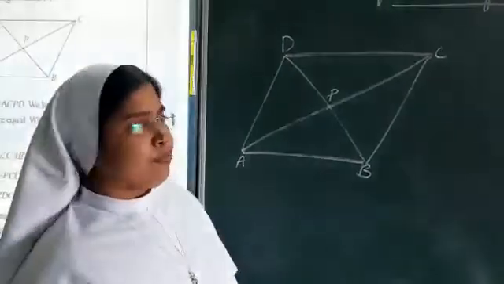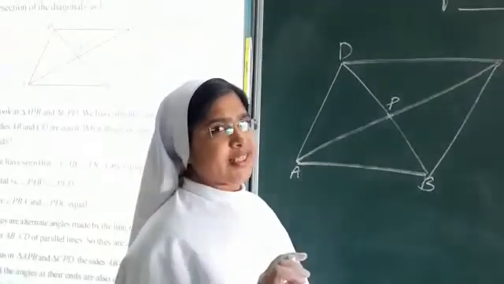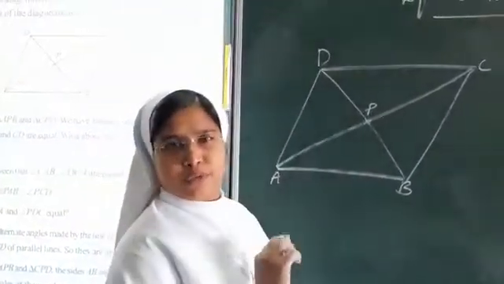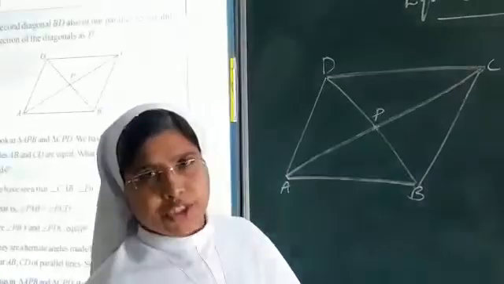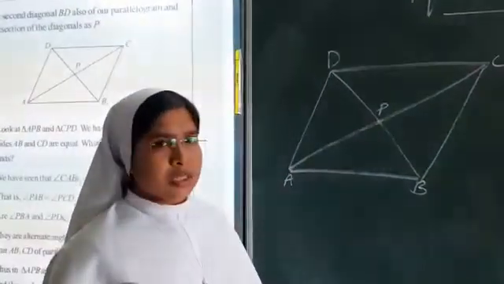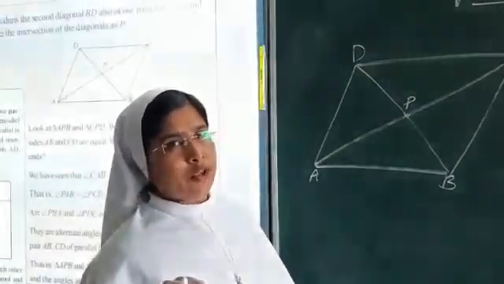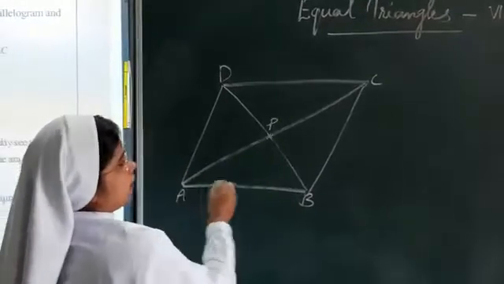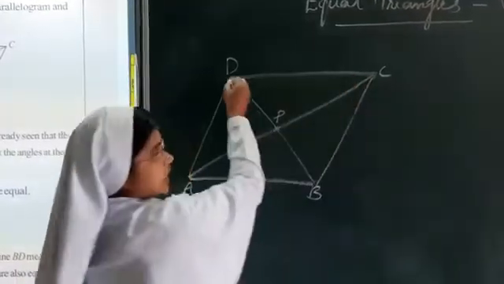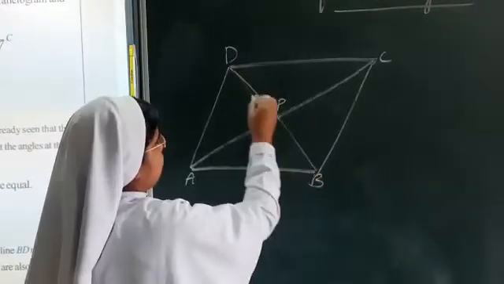Dear students, before we start the next problems, we need to understand some of the general principles of a parallelogram, by which, using that one, we can solve the rest of the problems that will help you. Some of the principles you might have learned in class 7, yet I am going to explain to you once again. So let us see here the parallelogram ABCD, and the diagonals are drawn here, BD and AC.